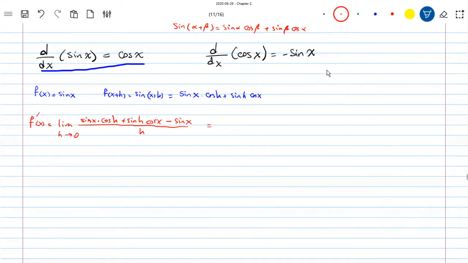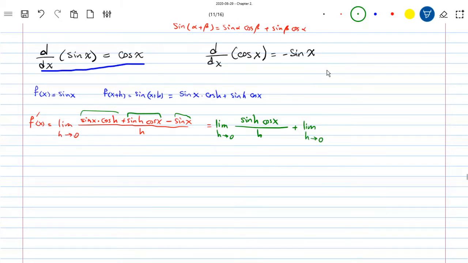Okay, there are two terms that contain sine x. I'm going to write those two terms together. So the limit of sine h cosine x divided by h as h approaches 0. I pick this term by itself. The other two terms contain sine x. These two contain sine x. So I'm going to write them as plus the limit